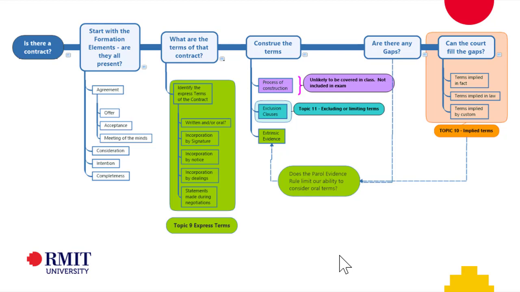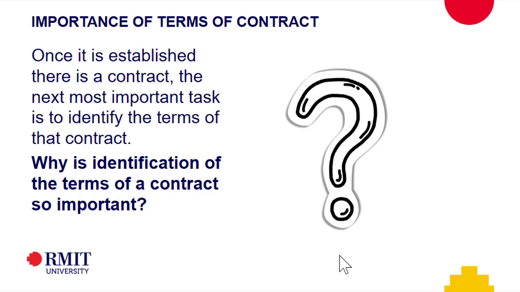And then we finish by looking at a particular kind of term, really as part of our understanding about how they're read. We're going to look particularly at excluding or limiting terms. We have mentioned these kinds of terms a number of times, but these are the terms in contracts that limit somebody's liability or obligations. So a particular type of term. And in that context, we'll think a little bit about how to read a contract. So I want you to think, as we're going through all of this, why it's even important to work out what the terms of a contract are.